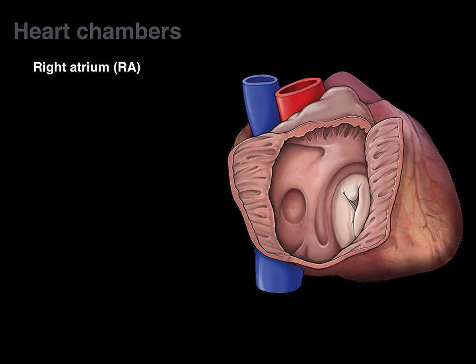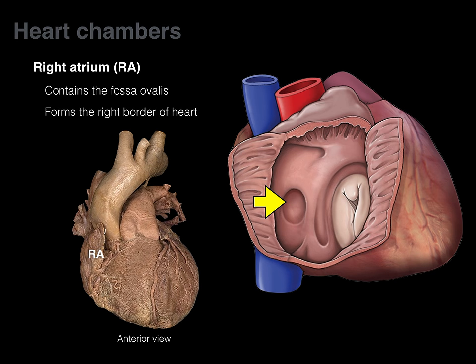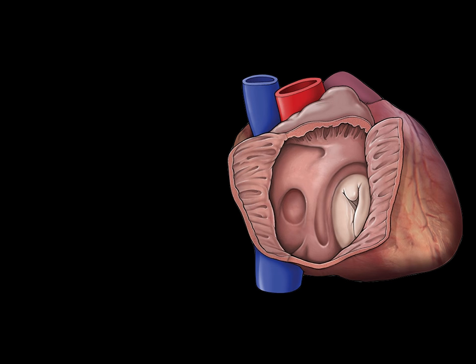And if we open up the right atrium, we see a structure on the interatrial septum called the fossa ovalis. And the fossa ovalis is the fetal remnant of the foramen ovale, which shunted blood from the right atrium to the left atrium to bypass the lungs in a fetus. The right atrium forms the right border of the heart like this. So there we have the right atrium, and notice that the whole right side of the heart is primarily formed by the right atrium. Now, the floor of the right atrium is this valve, and that's our tricuspid valve, and